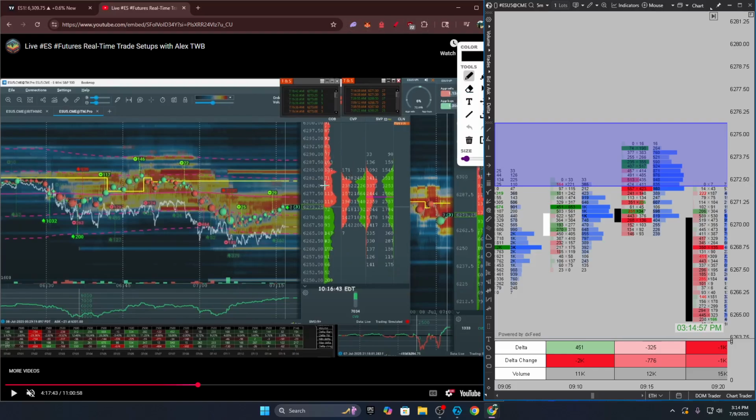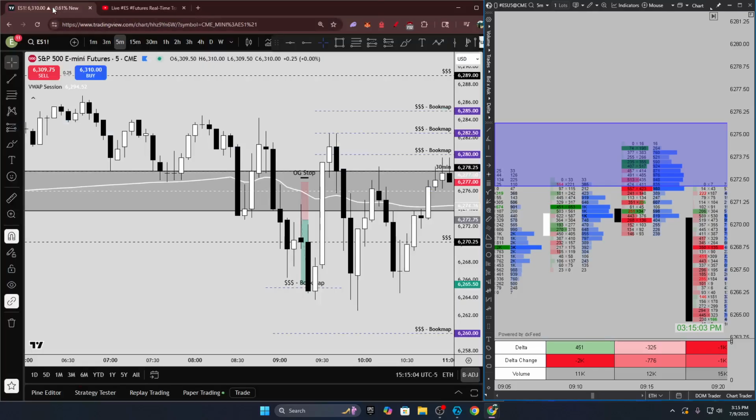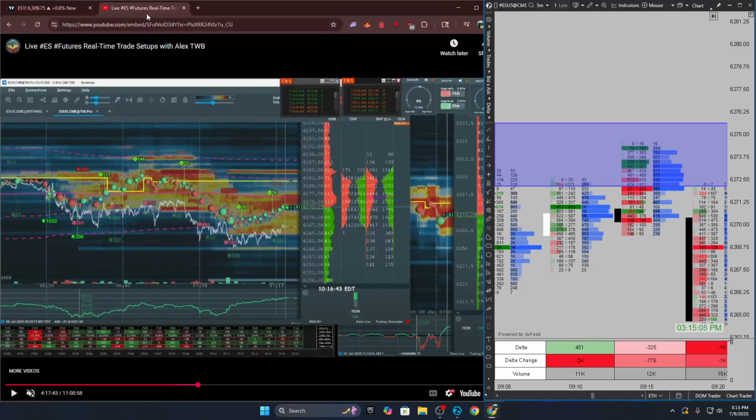So there's two ways that price can work out. Buyers actually break through this and head towards 6285, which we did have marked out. 6285, yep. Or buyers can get absorbed at this level and aggressive selling can come in using those trapped buyers as fuel to push price lower, preferably to 6265 as there's 147 passive buyers at the area, or 6260 as there's even more, being 172. That's how I modeled it, and that's what I was waiting to see.